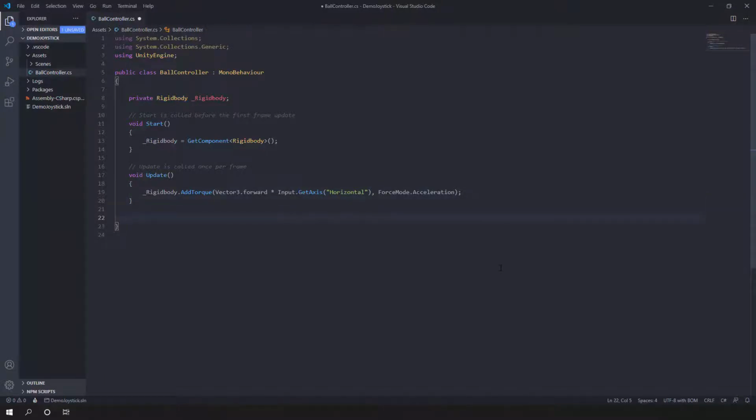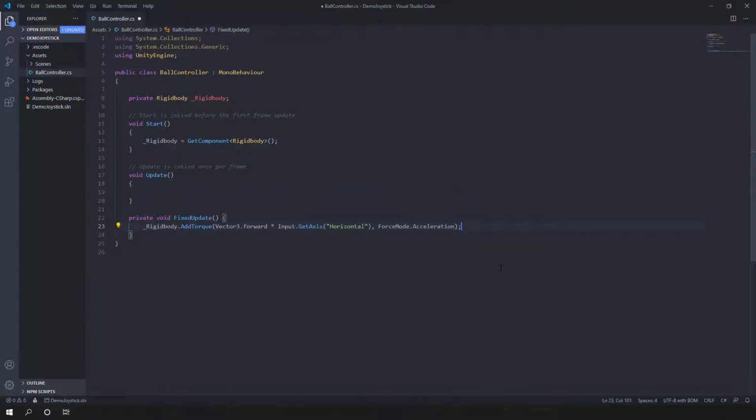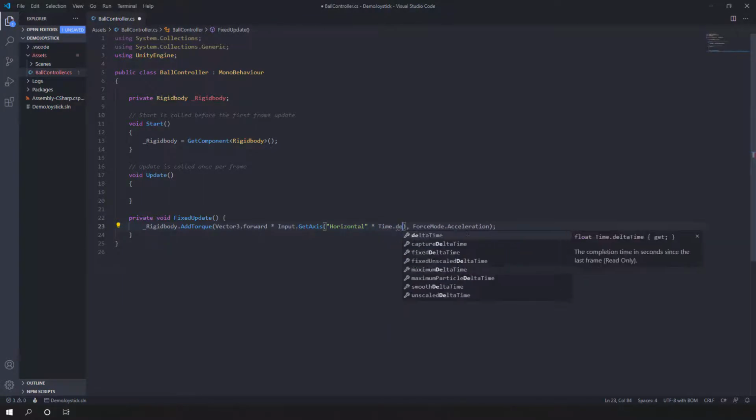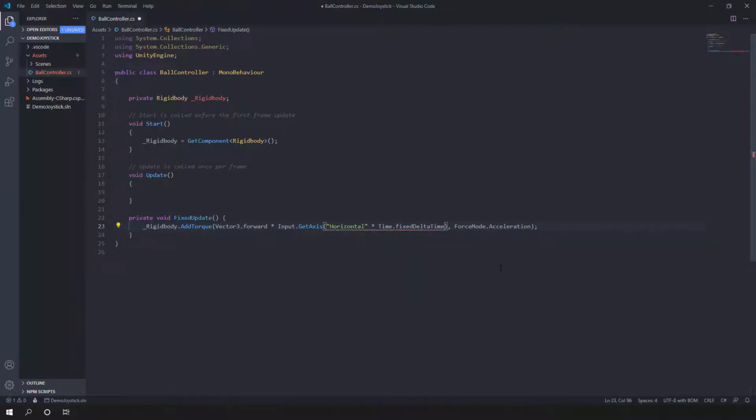And we have a couple of issues. First issue, we are moving the rigid body. So please remember, that kind of thing should be in FixedUpdate. Why? Because the physics are calculated in FixedUpdate. The second thing, this should be multiplied by Time.fixedDeltaTime actually.